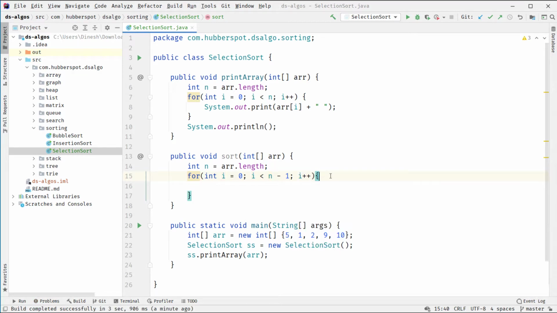So in our previous video we discussed that we are actually dividing the array into two parts, the sorted part and the unsorted part. So basically this i will keep track of the sorted and the unsorted part. So at the start all the elements are part of the unsorted part, therefore the value of i will be 0, and the value of i will go to less than n minus 1. So here you can see we have 5 elements, so the value of n will be 5 and if we do minus 1 it will be 4.